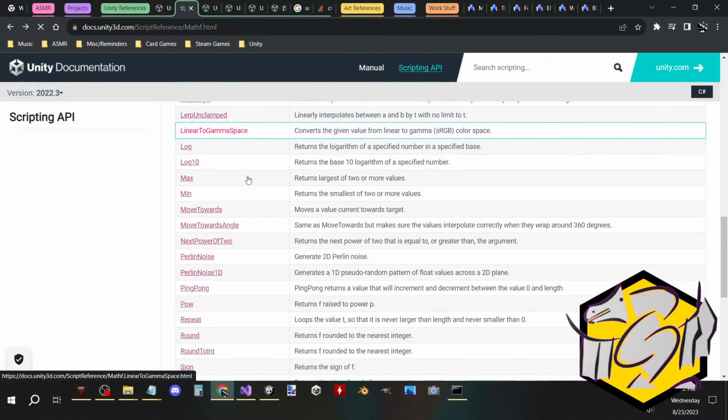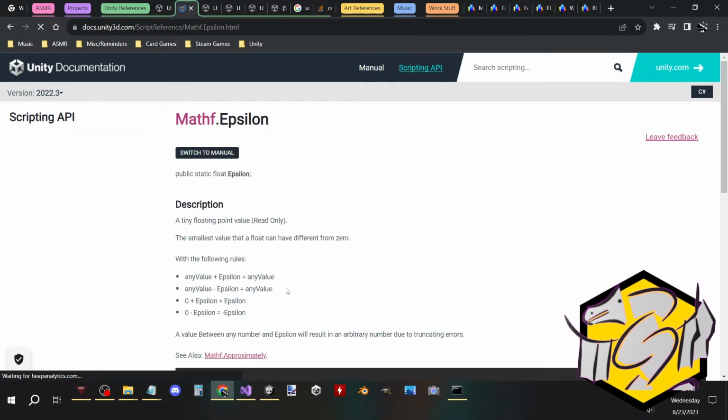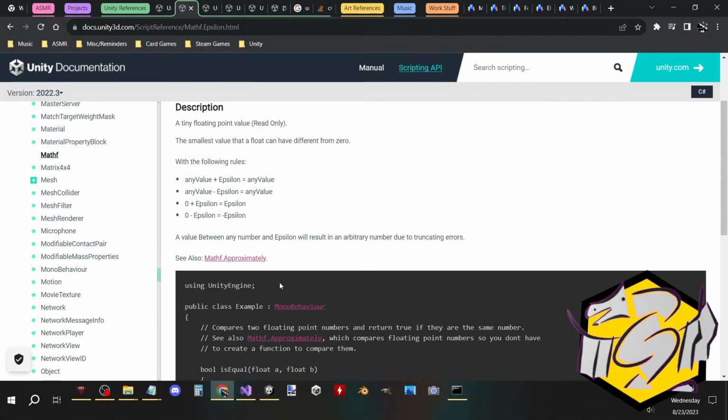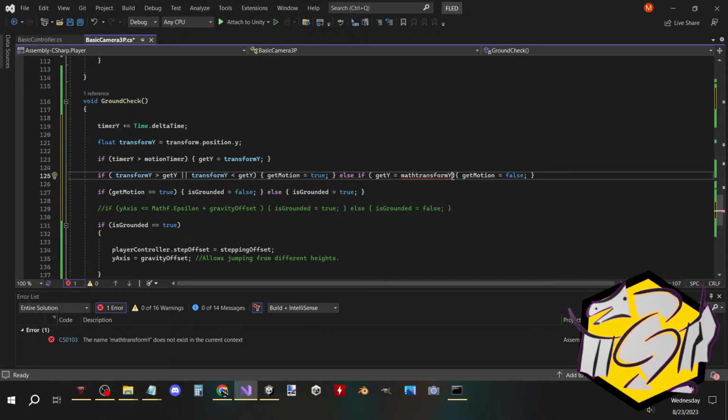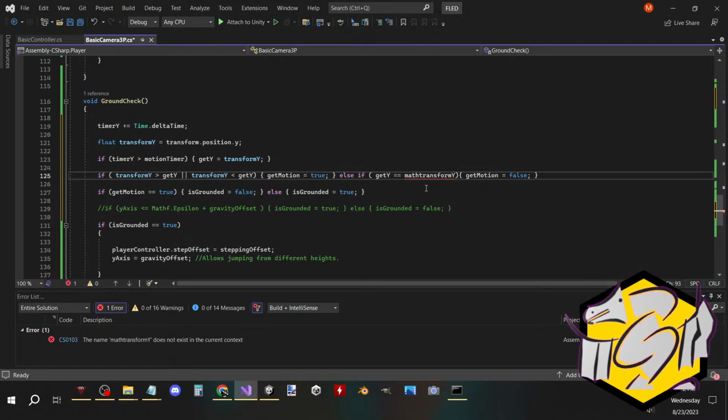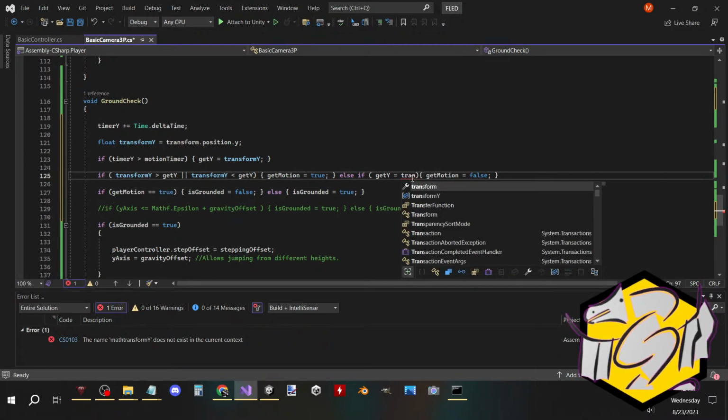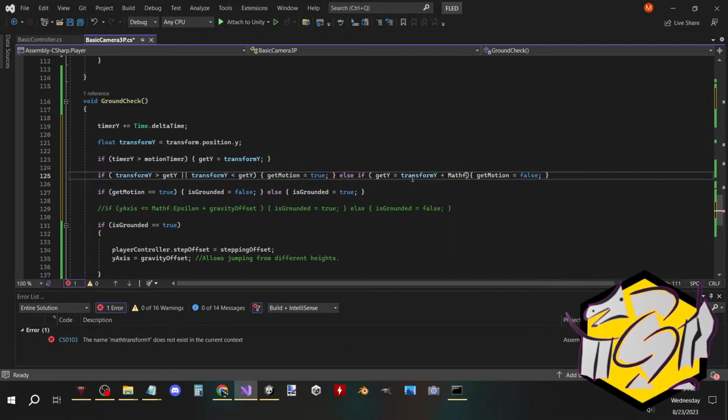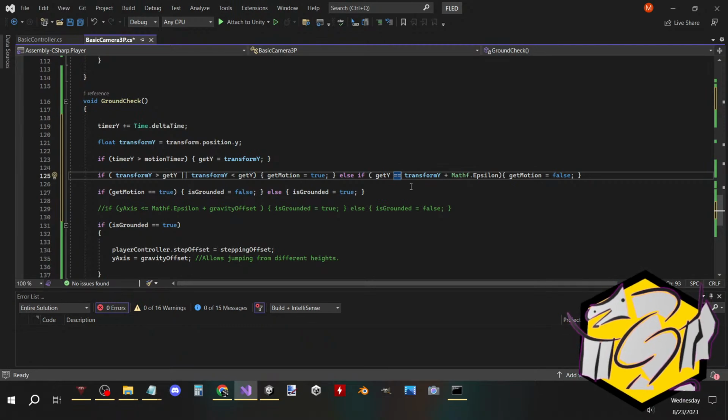Let's go back. Should be in here. Epsilon. Bam. Any value plus epsilon. Okay, cool. That's what we want. We want plus epsilon. Equal. Is it just one or is it two? I think it's one. Transform y plus math f dot epsilon. So that should, when the motion stops, and then after that half a second update, it will become equal